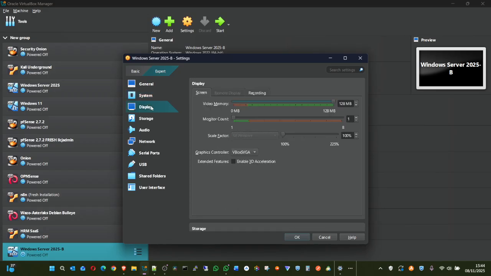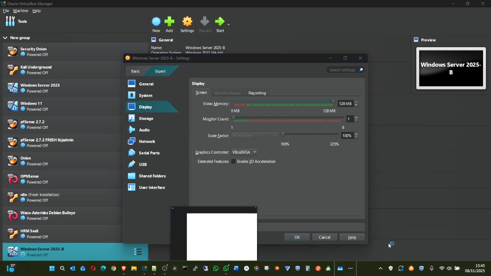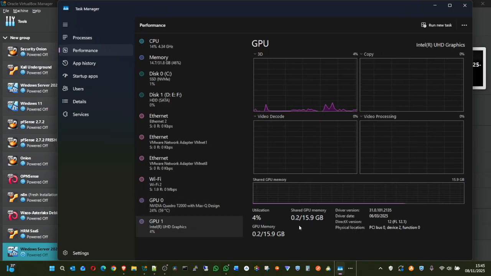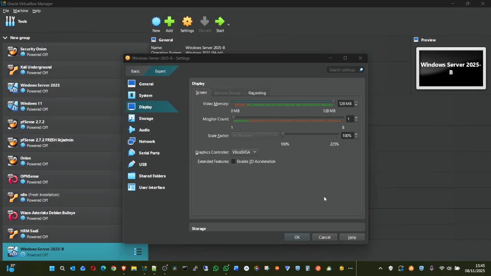Now let's move to display. The display will show the amount of memory that is available for the device, the same way we have GPUs in our computer. For example, my computer GPU is 4 gig dedicated, and also has a 16 gig RAM GPU enabled, the extra GPU again, so that it makes the transition, gaming and all that run smoothly. The same thing right here as well.